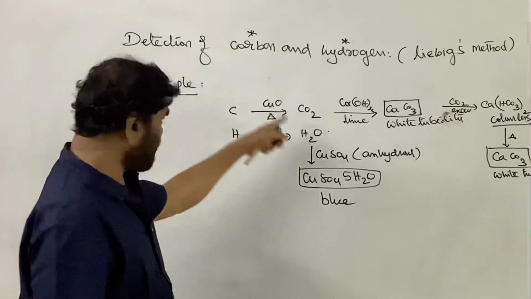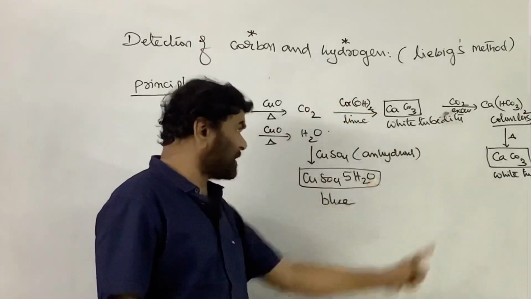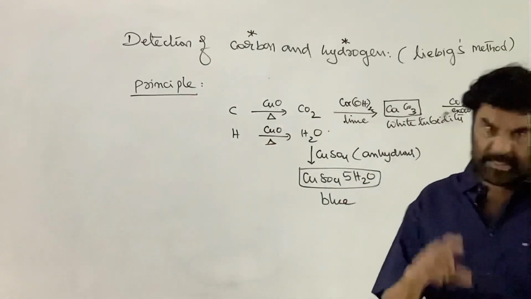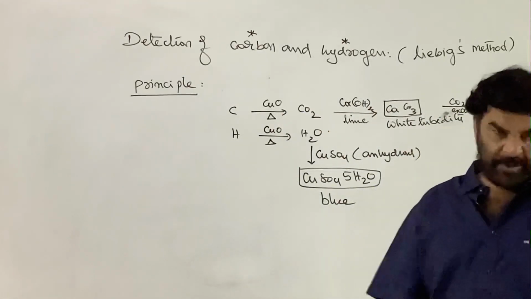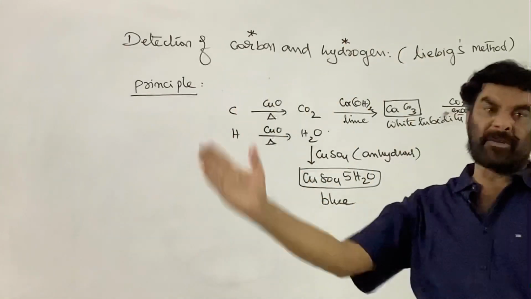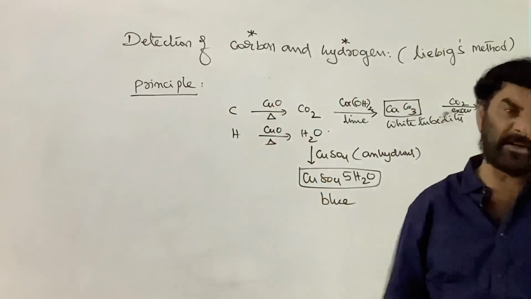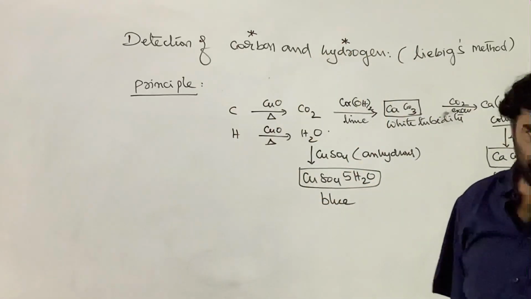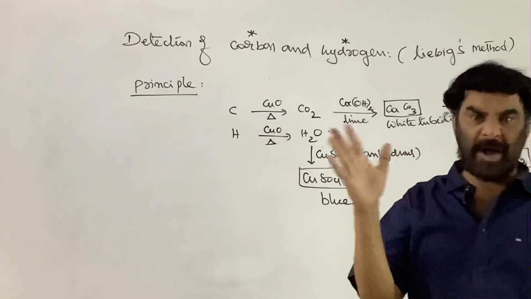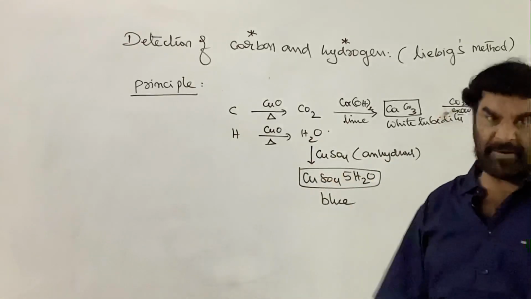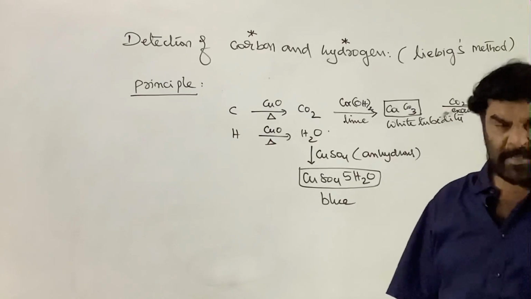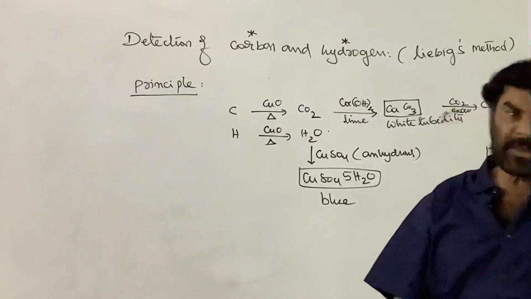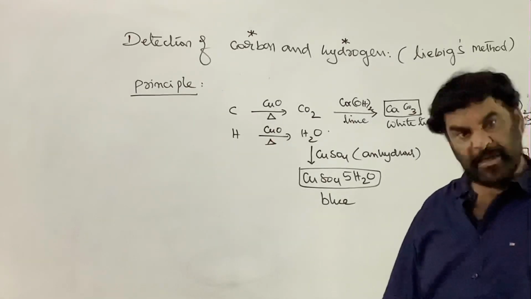During this experiment, the given organic compound is heated with excess copper oxide in a hard glass tube. During that process, the carbon part is converted to carbon dioxide and the hydrogen part is converted into H2O. Both gases come out of the glass tube. The gases first pass over anhydrous copper sulfate, a white substance that absorbs the H2O, and the anhydrous form is converted to the hydrated form. Hydrated copper sulfate has blue color.